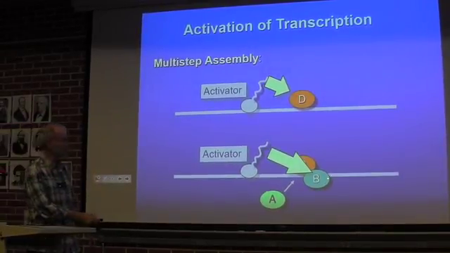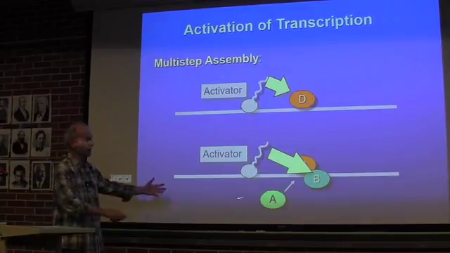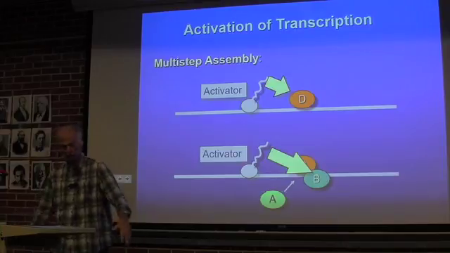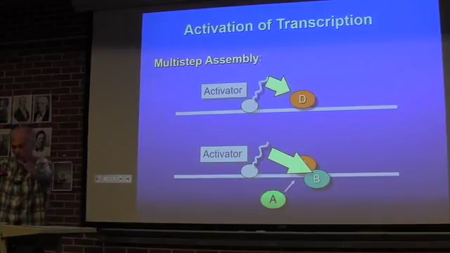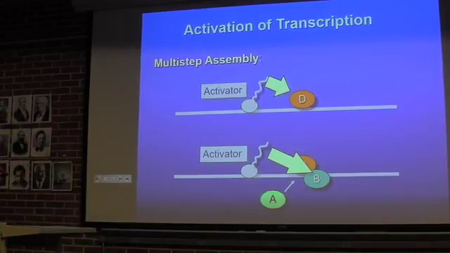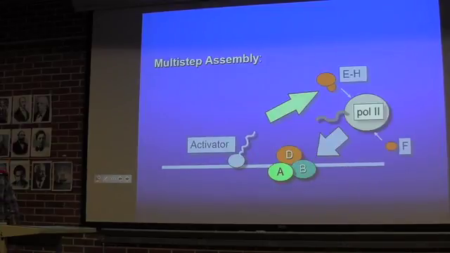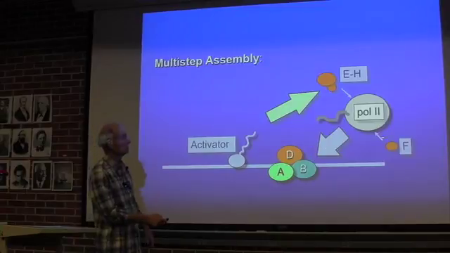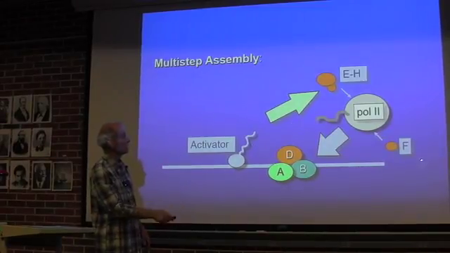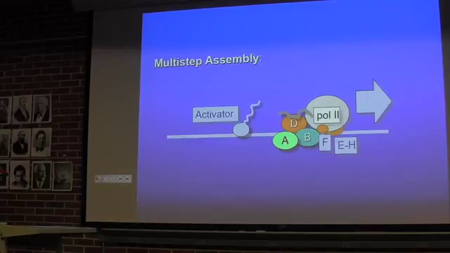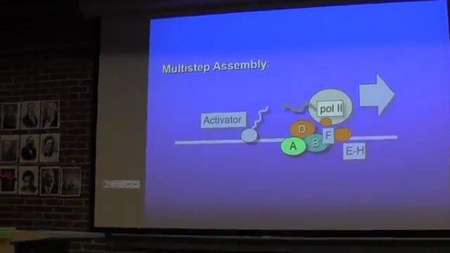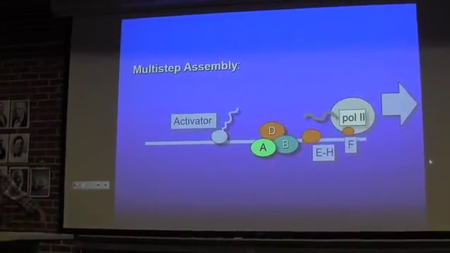The next thing to happen is either B or A comes, but eventually B and A decorate each stirrup. So now you get this big half donut circling the start of transcription. And then once you have the DAB complex there, you get recruitment of the other basal transcription factors. F goes with polymerase, and E and H will go to polymerase also, but usually after the polymerase has arrived. Multi-step assembly. Once they all get there, all the reactions are driving assembly, but as soon as H gets